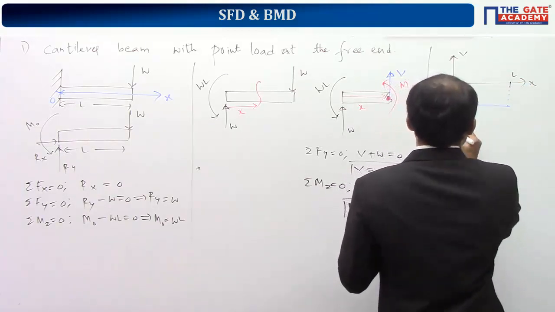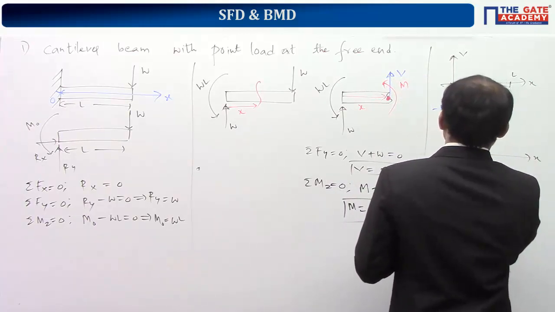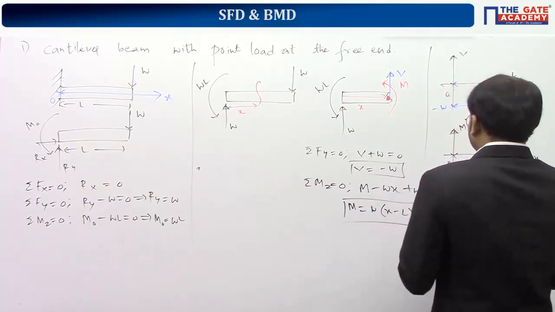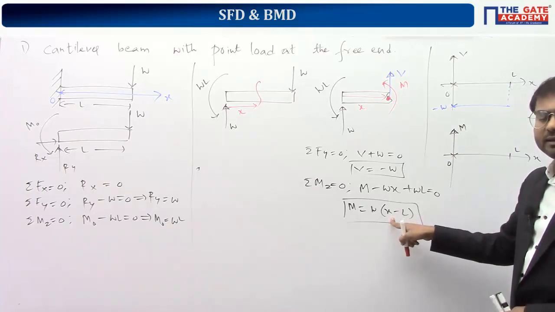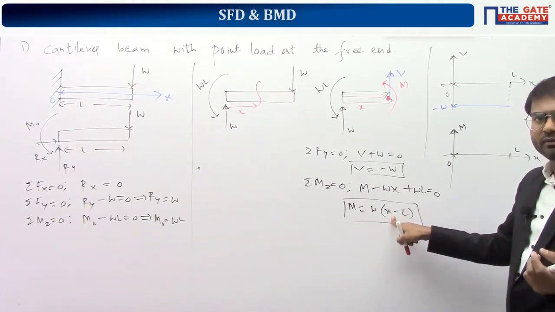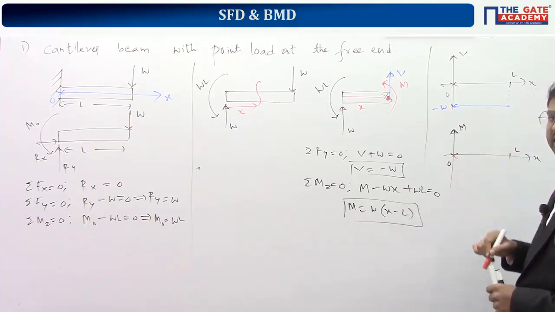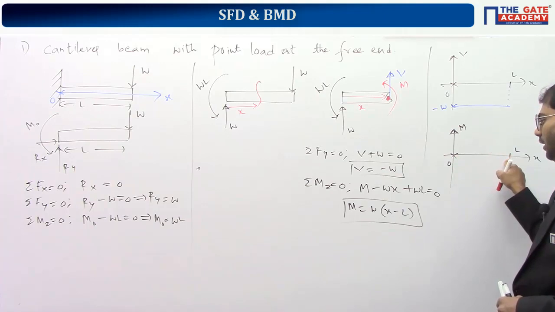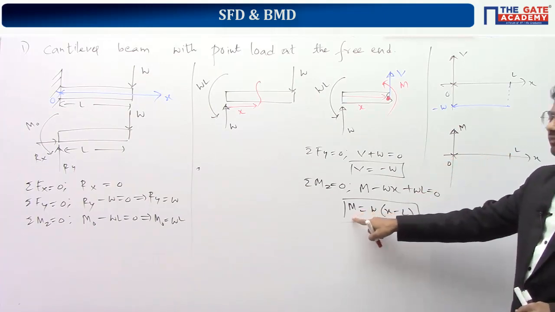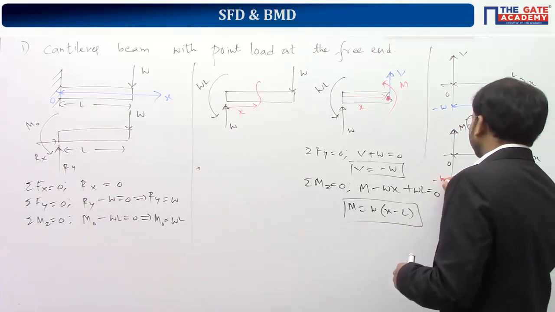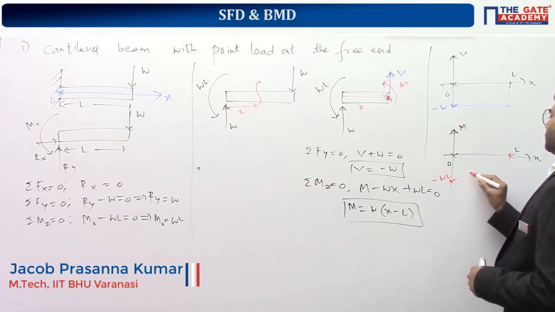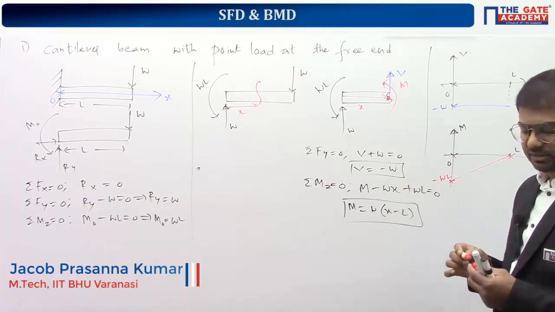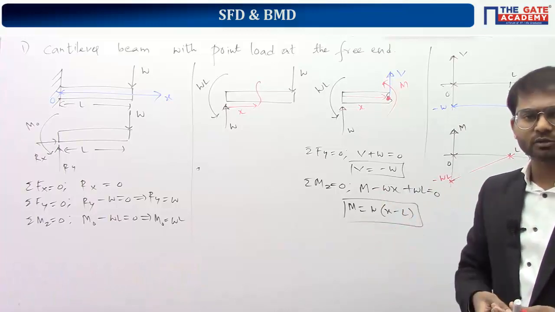Now for the bending moment M, this is x, from 0 to L. We understood from x to the power 1 that it's a straight line, which means we require only 2 points. Once you know 2 points, we can draw a line. I will take 2 locations, x equal to 0 and x equal to L. At x equal to 0, it's obvious that the bending moment is minus W into L. At x equal to L, the bending moment is equal to 0. We draw a line joining these 2 points, and we get a straight line like this.